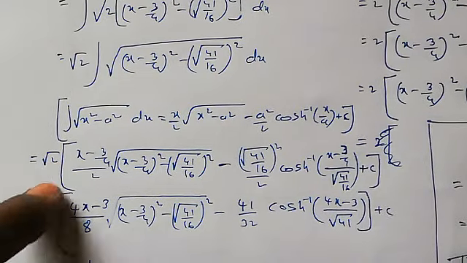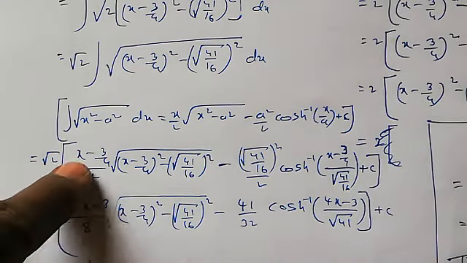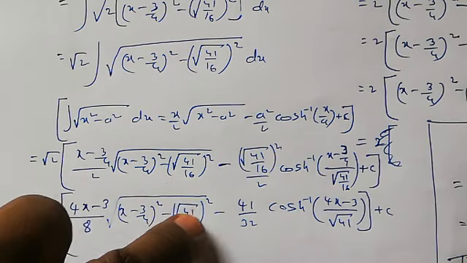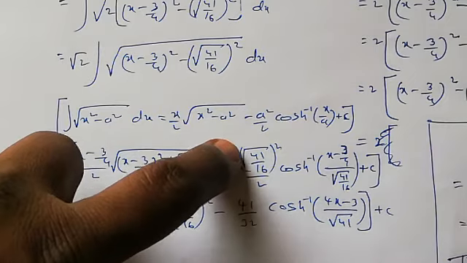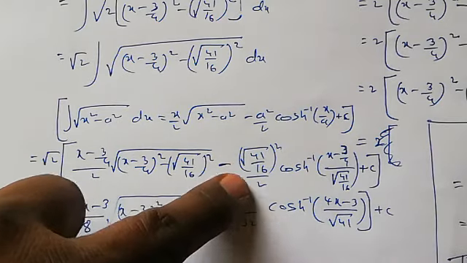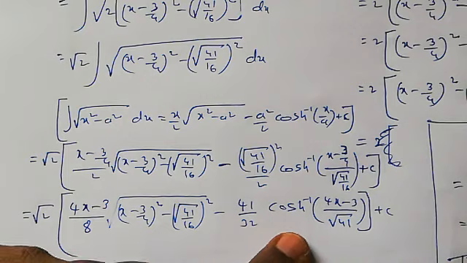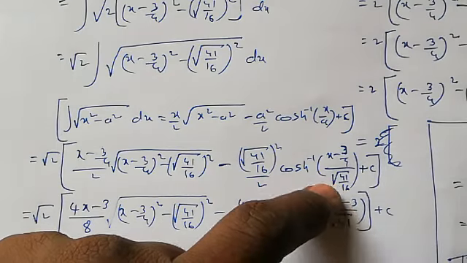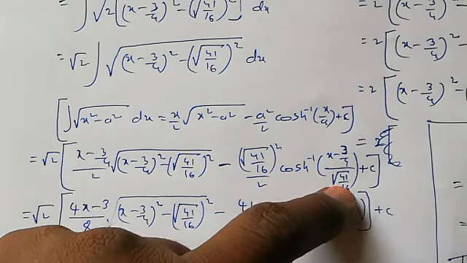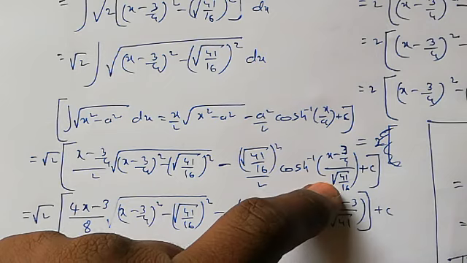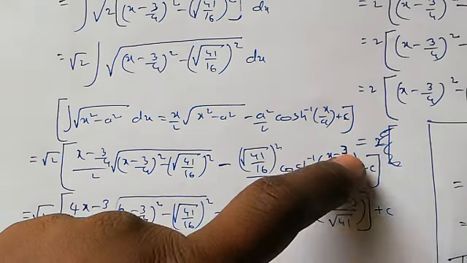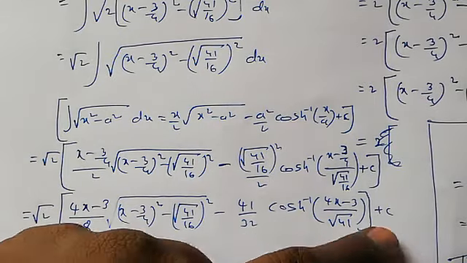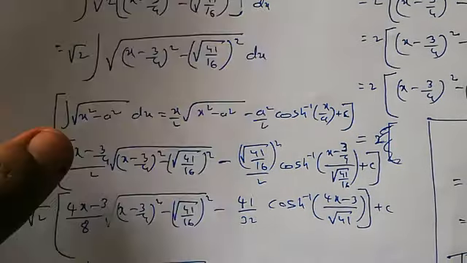So next by simplification what it becomes? Root 2 into 4 into x, 4x minus 3 by 4, 2 fours are 8, into root over this result as it is, minus, I am opening the square, square and root cancel, 41 by 16, 16 twos are 32, into cos h inverse of 4 into x, 4x minus 3 by, here 4 in denominator also. In denominator what is the denominator? Root 41 by 16. So here 16 also having root, so root 16 is how much? 4. So 4 is cancelled, so remaining root 41. So 4x minus 3 by root 41 plus c. So like this you have to simplify.